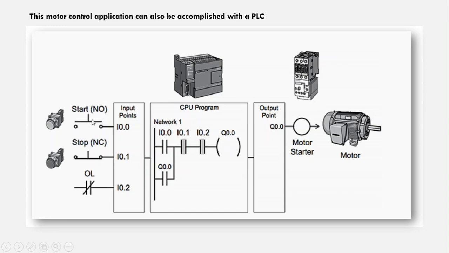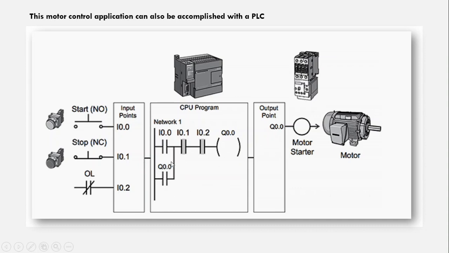The start, which is a normally open switch, is interfaced at input I 0.0. The stop button, which is normally closed, is interfaced at I 0.1, and overload protection, which is normally closed, is interfaced at I 0.2. For these combinations, here we have the ladder logic. I 0.0 is normally open, I 0.1 is normally closed, I 0.2 is normally closed, and this is the output, which is latched